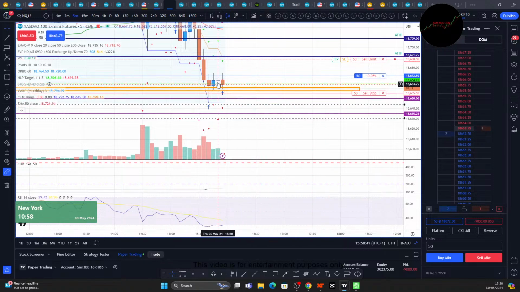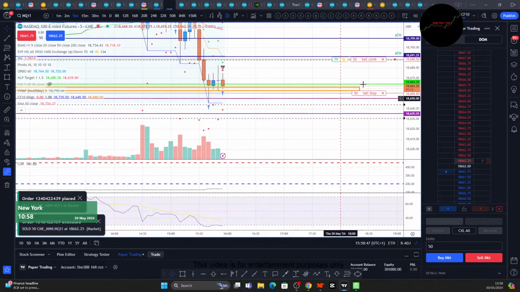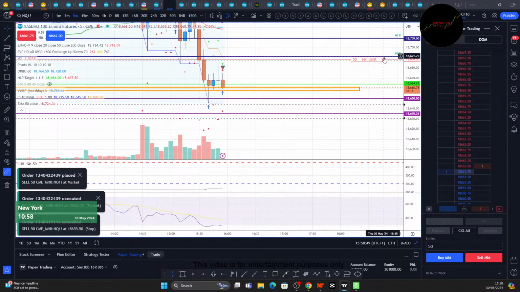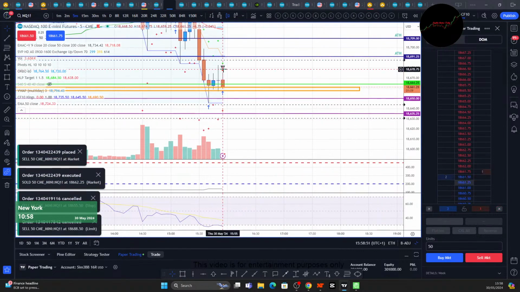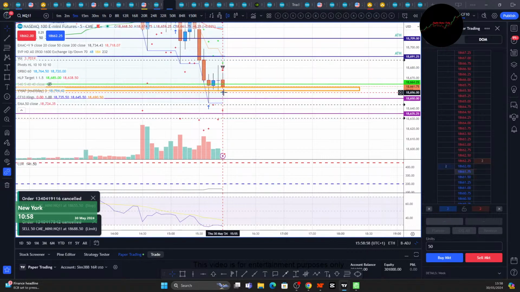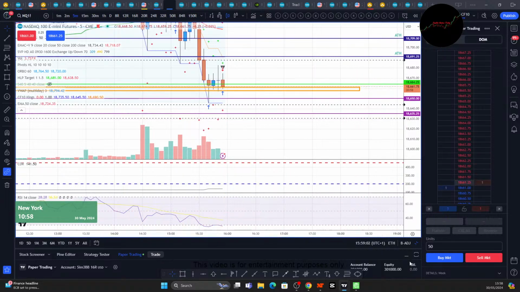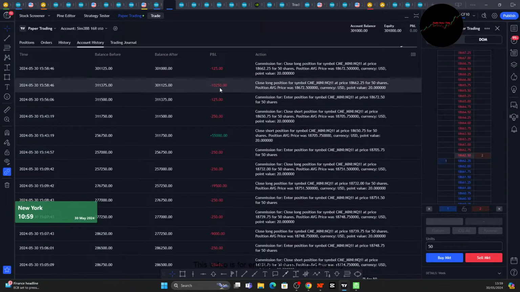A reversal should have just happened here. The fact that this keeps threatening lower, I'm going to take it off. The reason I'm going to take it off is because 62, and we bought 72. So we can see we gave back our profits on the day. So minus 10.5.